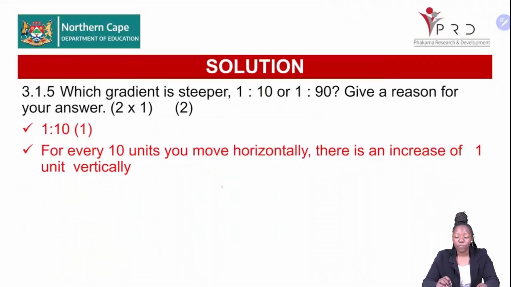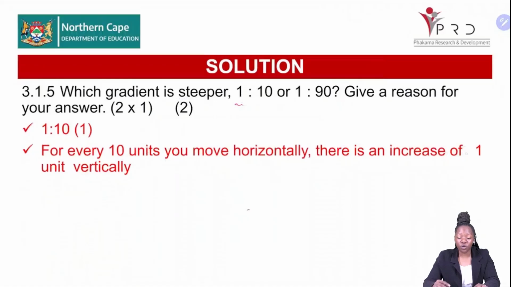Again, if you are calculating a gradient and you are getting an answer between 1 to 25, then you're supposed to know that it is steeper. From 26 going up, it is gentle. So again, the accurate reason why it is steeper: for every 10 units you move horizontally, there is an increase